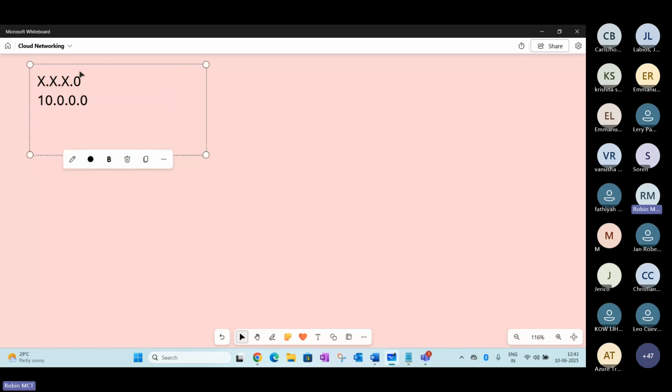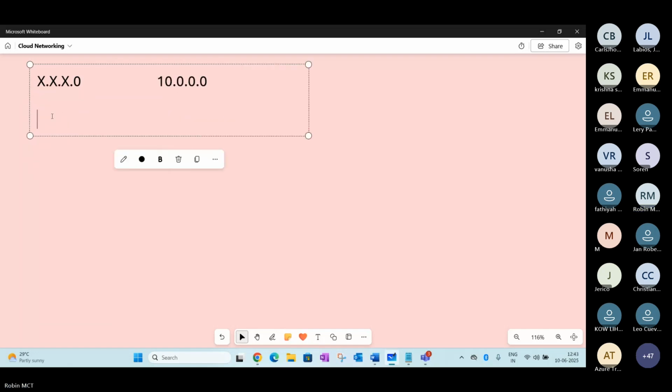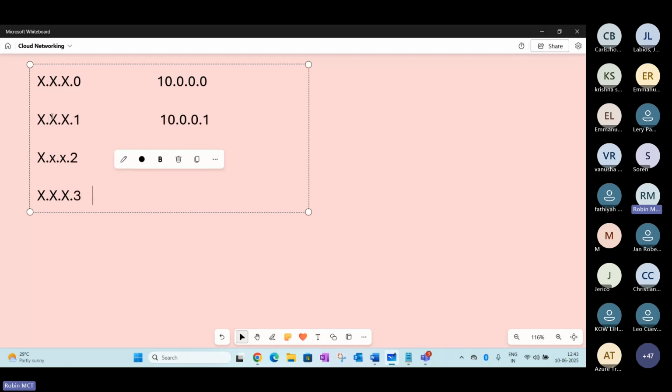Now, in another case, x.x.x.1 is missing, that means in our scenario 10.0.0.1, or x.x.x.2, that means 10.0.0.2 is missing, or x.x.x.3, 10.0.0.3 is missing.